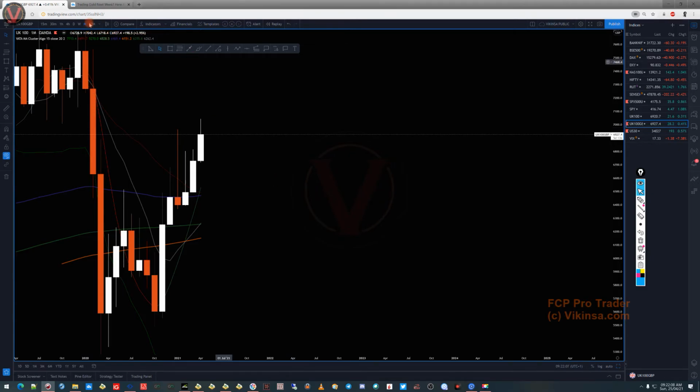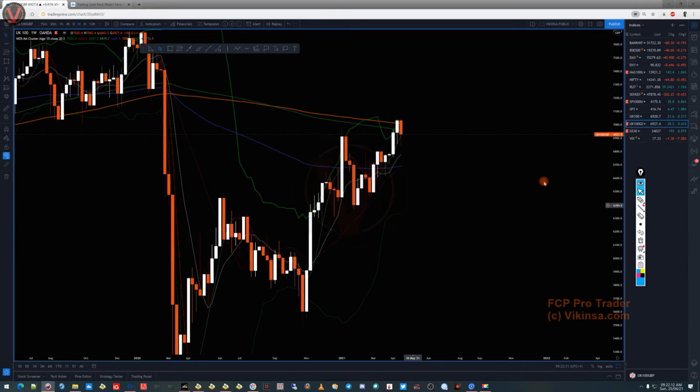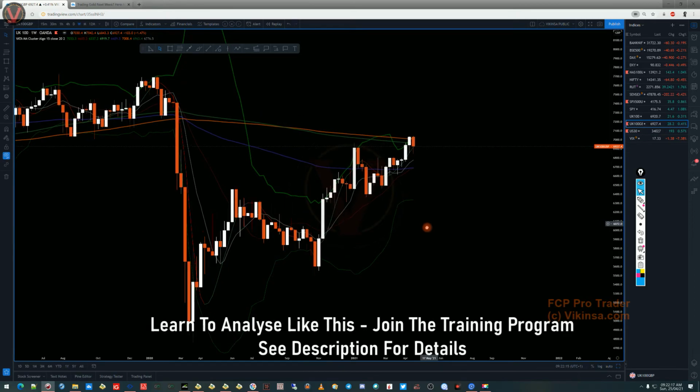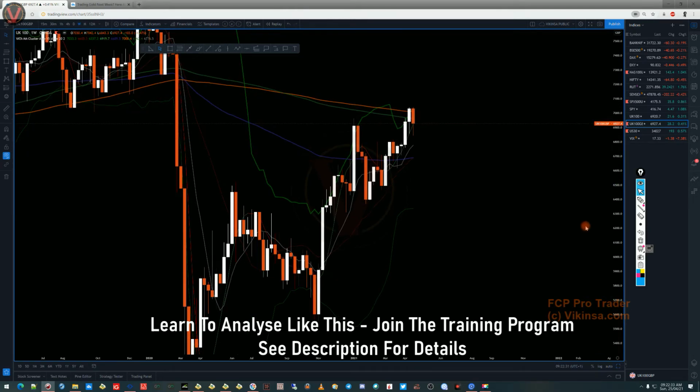So I'm expecting that to happen, but I'm not taking a position trade on it. I'm mostly doing a day trade, or some swing trades on it. Now on weekly time frame, the market came right into 200 moving average and started to fall down. Remember, this is the previous level. This never touched 7,000. The market this time came to 200 moving average, also 7,000 level, and then in that